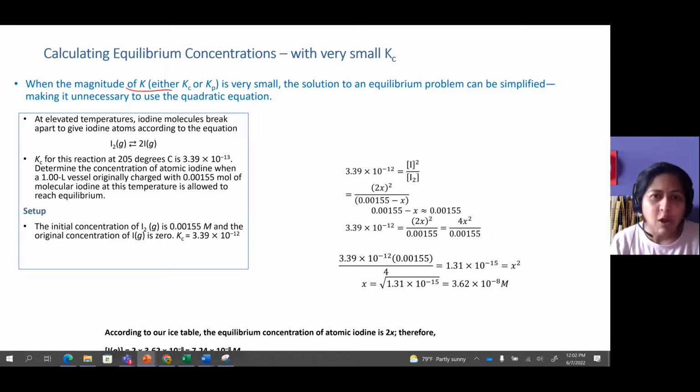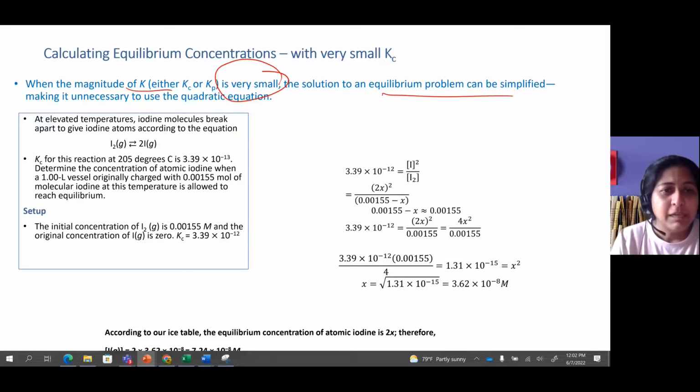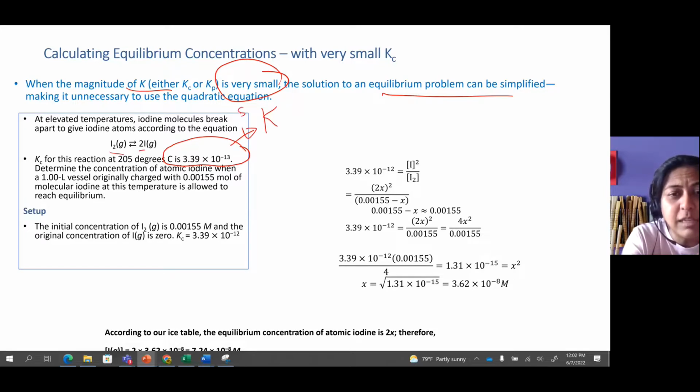When the equilibrium constant value is very small, then we can simplify that equilibrium problem. Look at this. I2 gas is in equilibrium with 2I gas. For this, the equilibrium constant was given as 3.39 times 10 to the negative 13. This is a very small equilibrium constant, right? The initial concentration for the I2 gas was given as